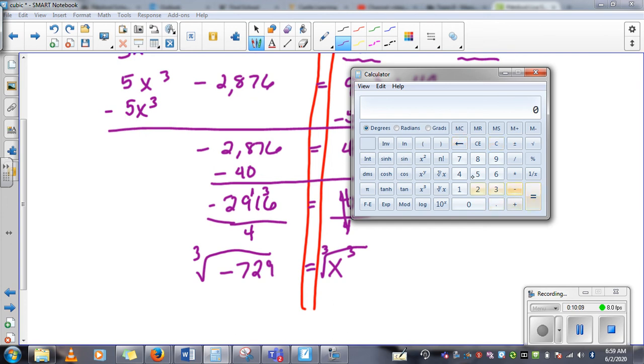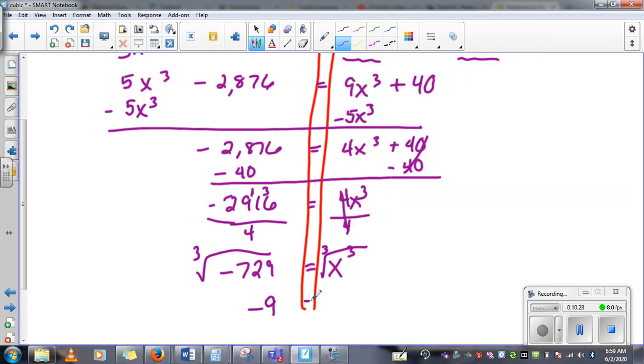So 729 negative. Oh, there we go. Cube root. And that is -9. So I get -9 is equal to x to the third power. I'm not very good with the calculator on here. Now, I will tell you, if you're using your Texas Instruments, so if you're working on the TI, you would